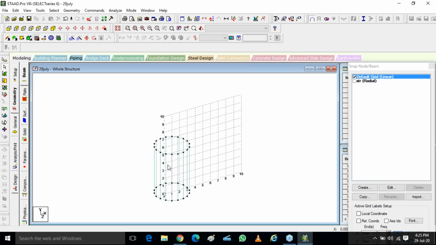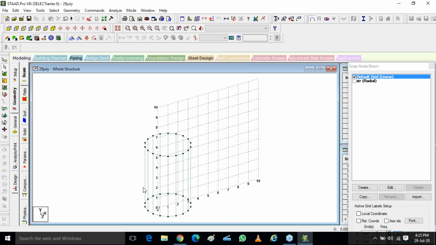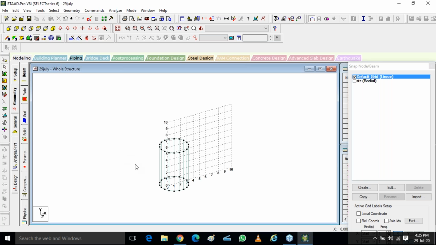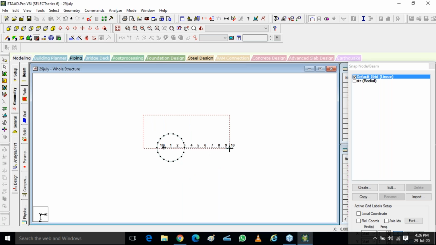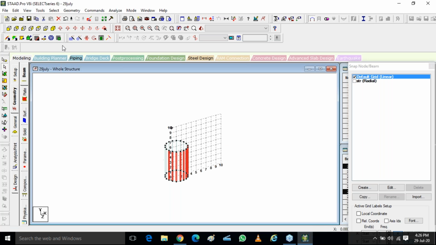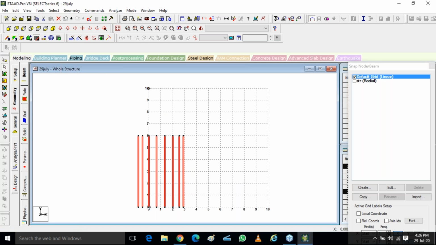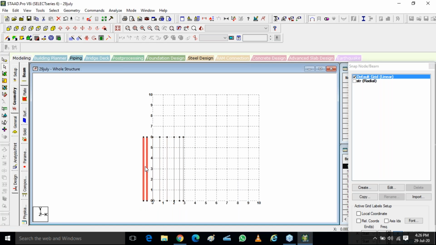So what I'll do, in isometric view, I'll go to my top view, select my one half, and go to view selected objects only. I'm just going to draw it in the first half only first of all. Now you go to your front view. You have your first half. Now what you are going to do?